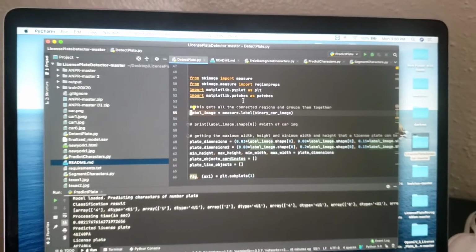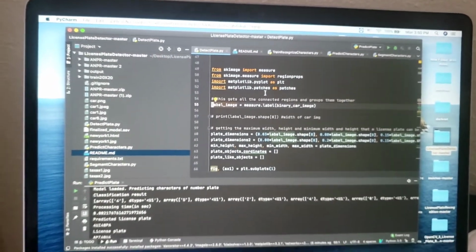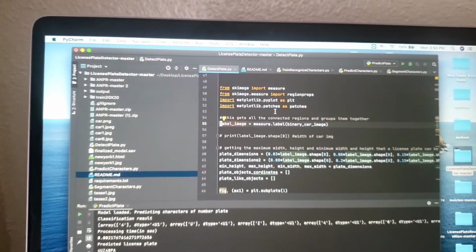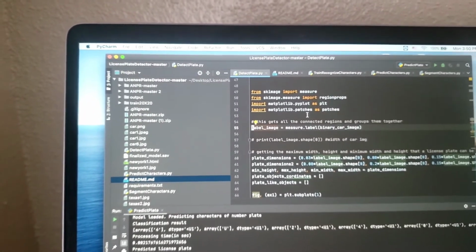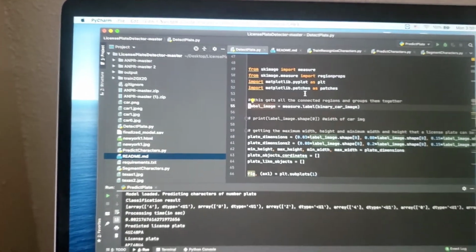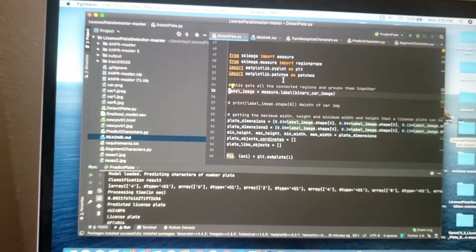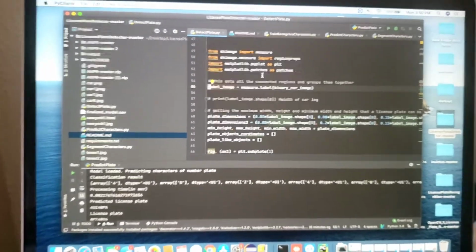Here goes the code for the machine learning approach, the support vector machine or SVM approach, for detecting number plates. So this is basically how we will detect the number plate. Here is one approach.